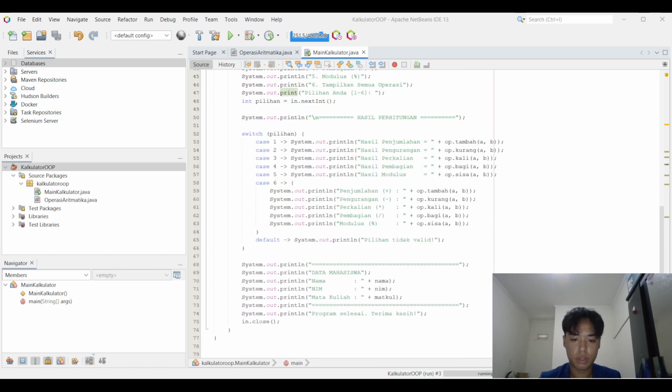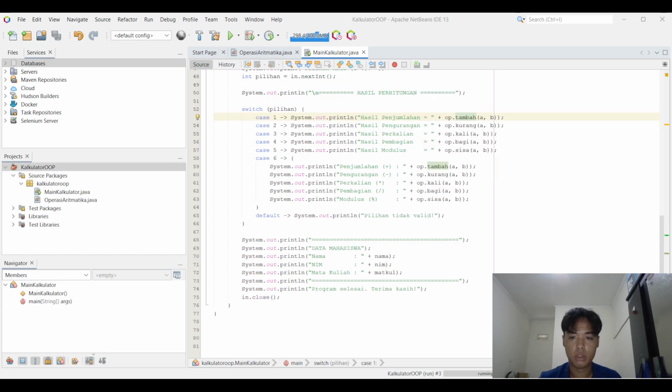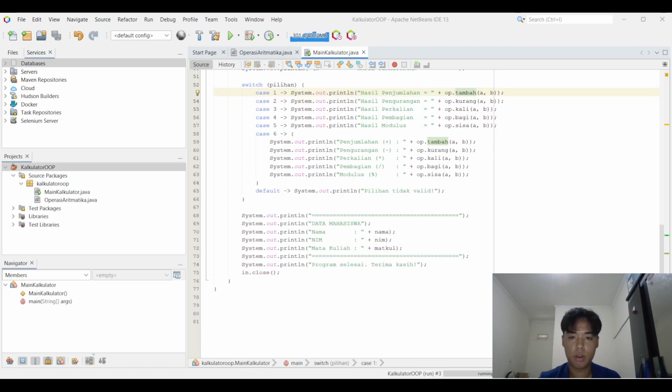A switch case control structure is used to determine which operation will be executed based on the user input. 1 for tambah, addition, 2 for subtraction, 3 for multiplication, 4 for division, 5 for modulus, and 6 to show all of the operations. If the user enters a number outside of 1 to 6, the program displays a message that the choice is invalid.